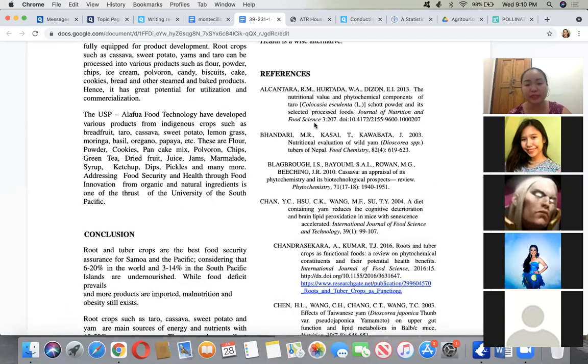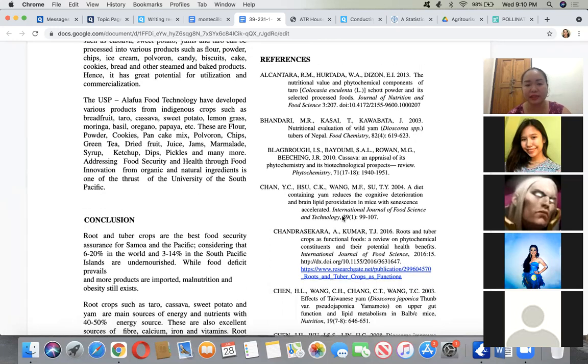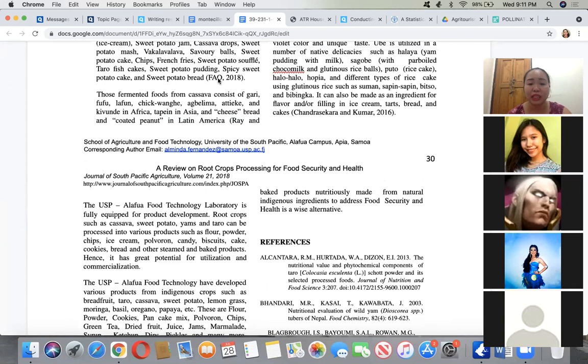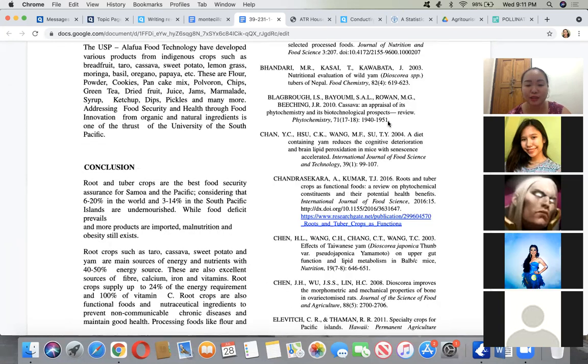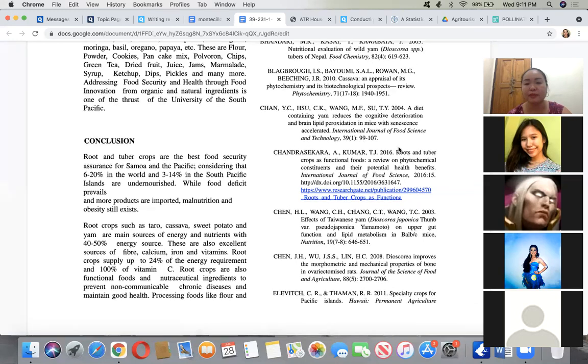And then you have to present your references. One common mistake is you put a lot of references that are not even cited here, or you cited Chandrasekhara and Kumar. Can you find Chandrasekhara and Kumar here? Yes, of course. And most of the journals